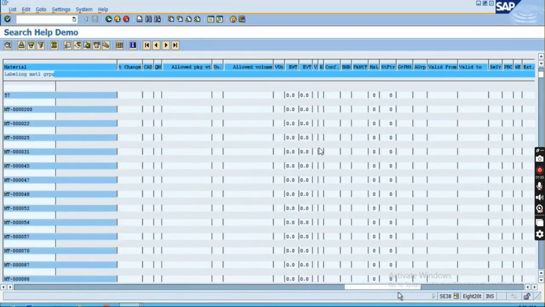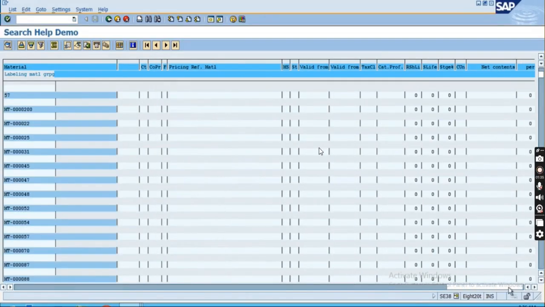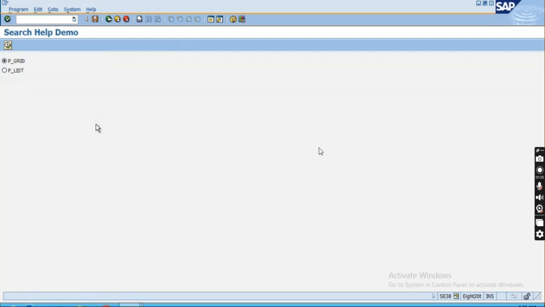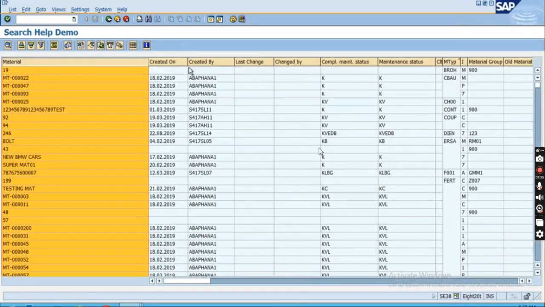the output is coming like this. So this is how your output will come. Okay, for the grid format you are having a better output than the list format. You can use this grid format. Okay,